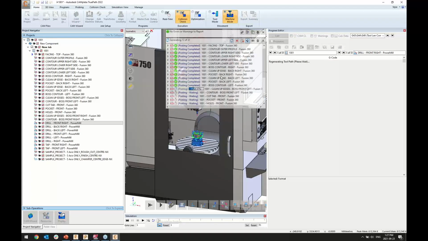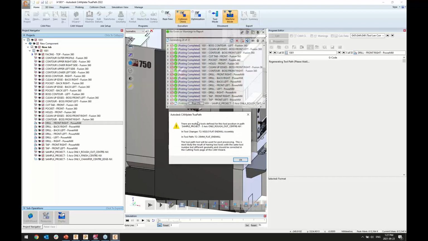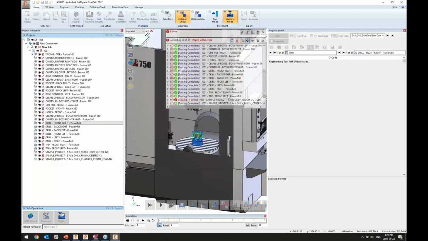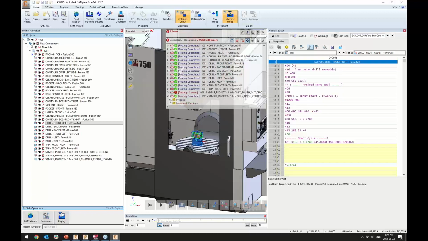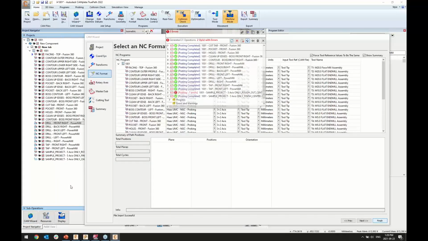So as soon as, again, now we're going through the post-processing using the same engine, whether the data comes from Fusion, from PowerMill, or from NX, now we can see that this tooling conflict is going to create a pretty big problem. So we have, in that case, two particular toolpaths that are now presenting those issues. So now that we've brought all of those elements into the same platform, this is really now where we can start identifying some of those issues and start fixing them in the same environment without having to go back to